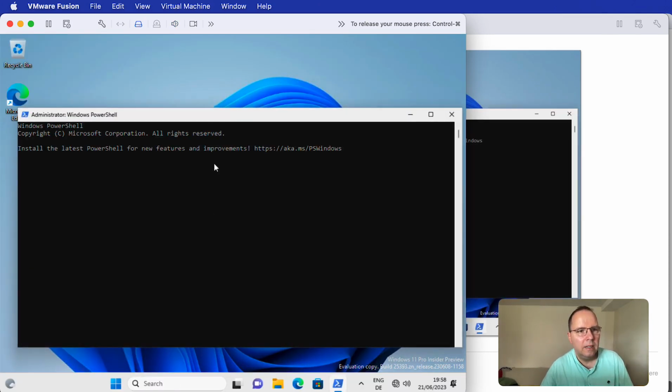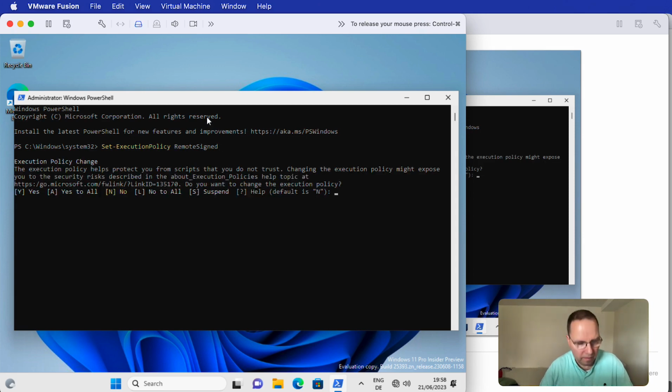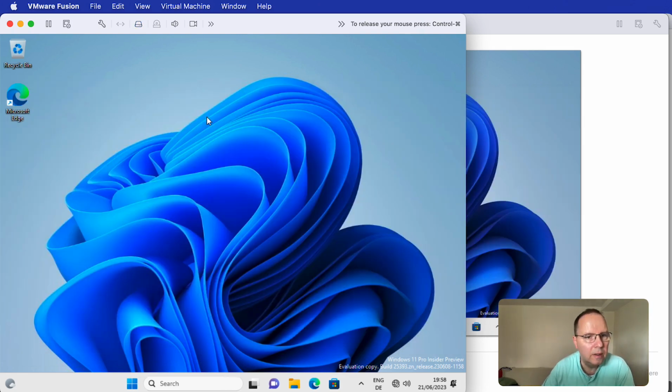Then I change the execution policy of PowerShell. I press Tab, wait a second, and it will complete the command. And I set it to RemoteSigned for all and exit the administrative PowerShell.